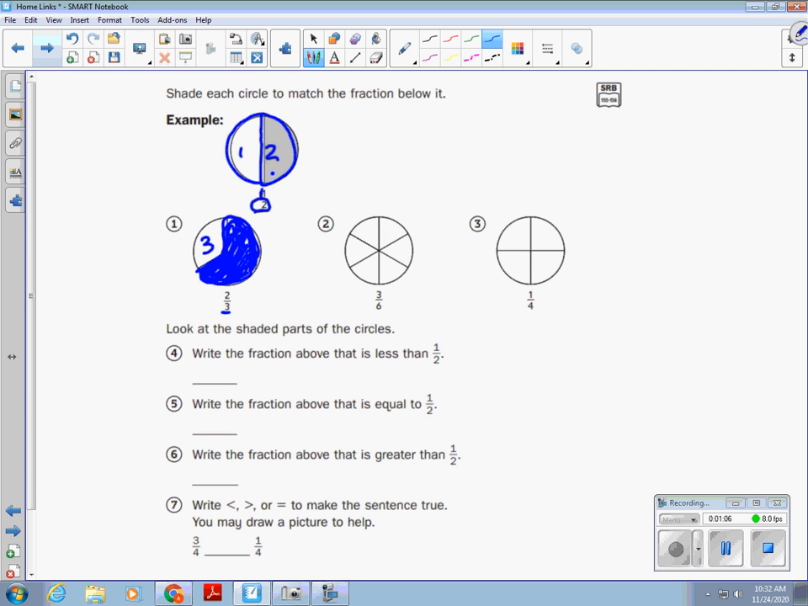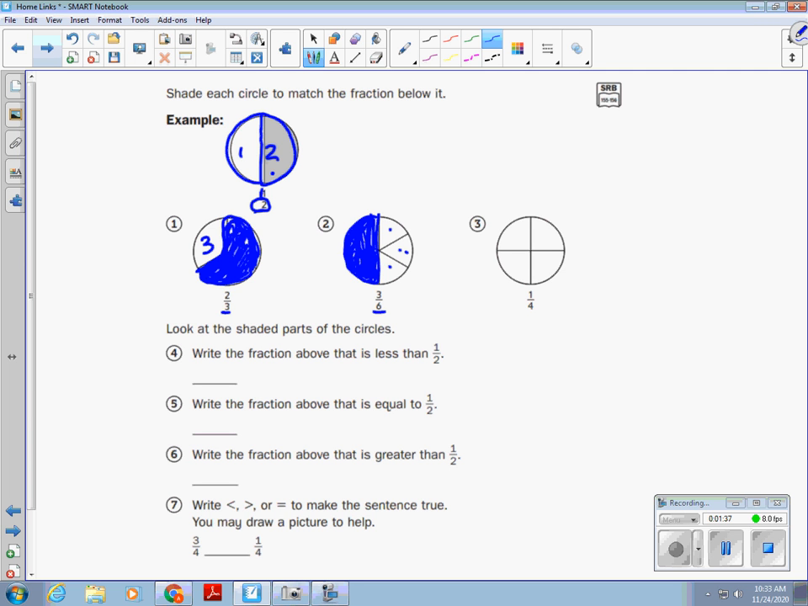On the next one, I have 1, 2, 3, 4, 5, 6 parts. That's my denominator. They want me to shade 3 of those. Let me go ahead and shade 3 of them. This is where you need to make sure you're shading the parts beside each other, instead of one here, one over here. That way you can see what's actually being shaded,